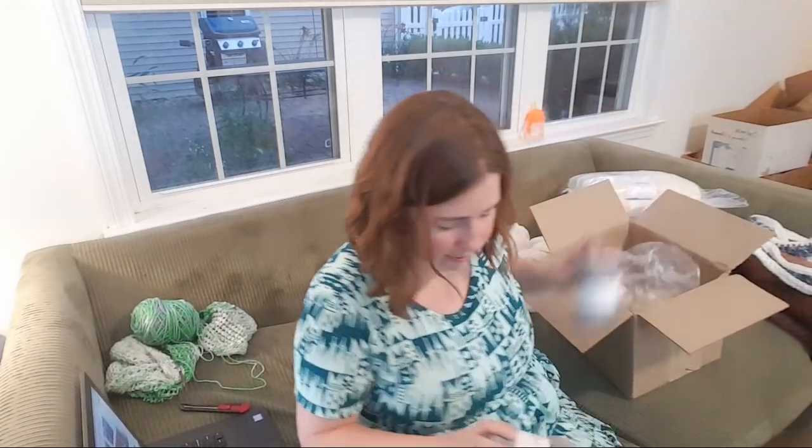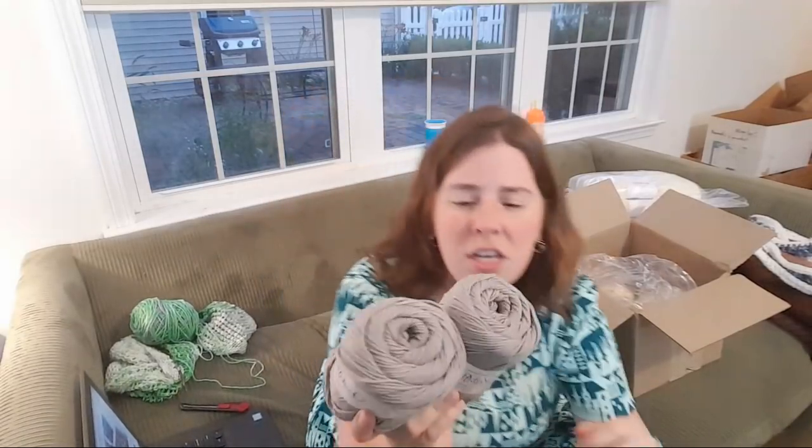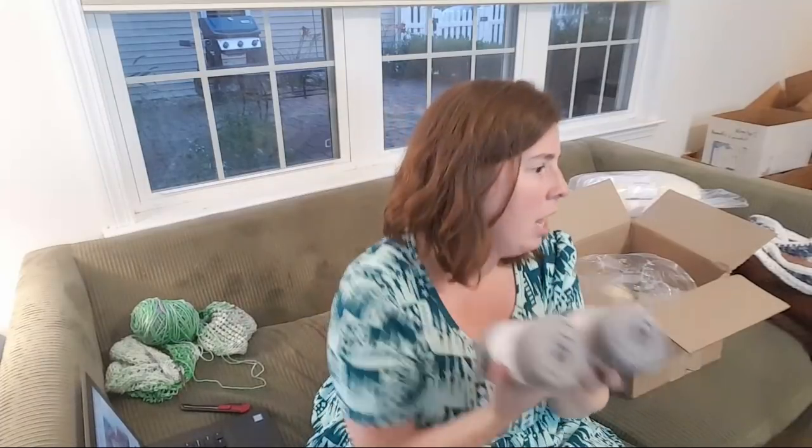Okay, but I also got, because it was a little more on sale, 2 Dishy balls in the colorway Silver. And I would say that this is a warm gray. I guess my lighting's a little yellow right now because of the bulbs in my living room, so it could just be the light, but it's a nice medium gray that I think would overdye nicely. So I think that starting with a gray base,